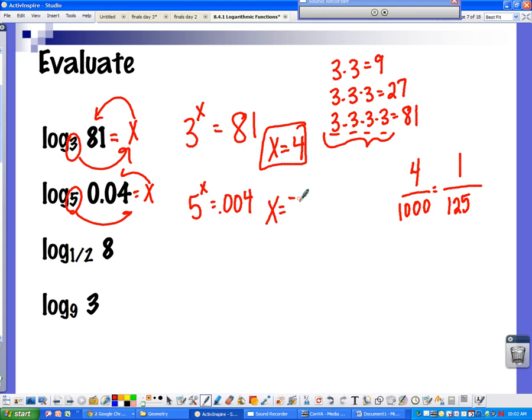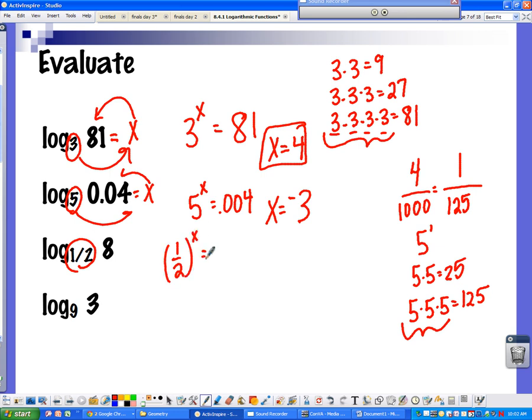Then you just got to find what 5 times itself, how many times will give you 125. Well, it's not 5. That's 5 to the first would give you 5. 5 times 5 would give you 25. So it's not 2 times. And it's not 5 times 5 times 5, okay, which would give you 125. So we multiplied it 3 times, so the answer would be a negative 3. Okay? All right. And so the next one, we have a half